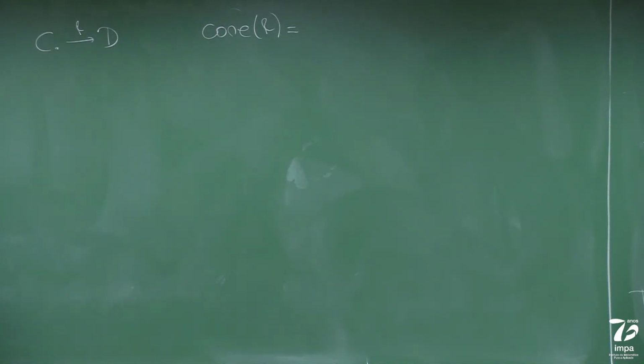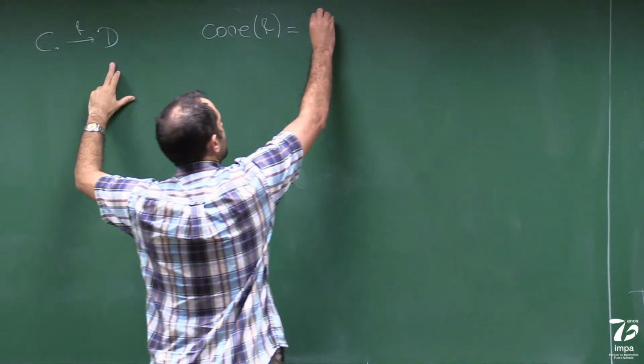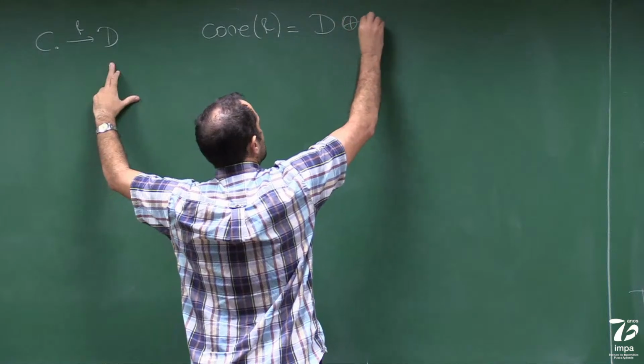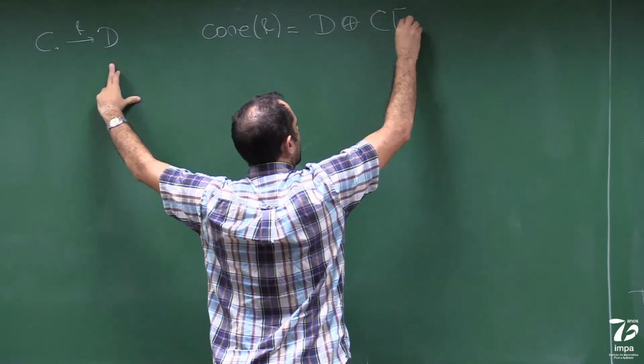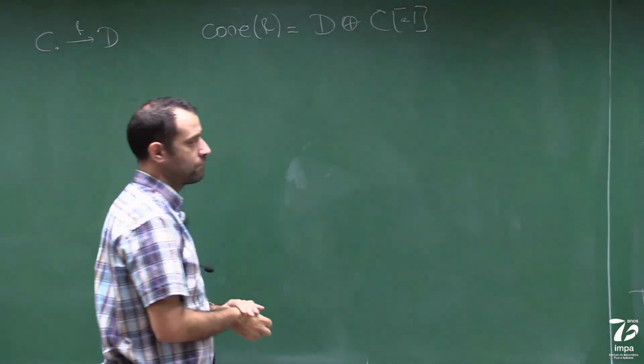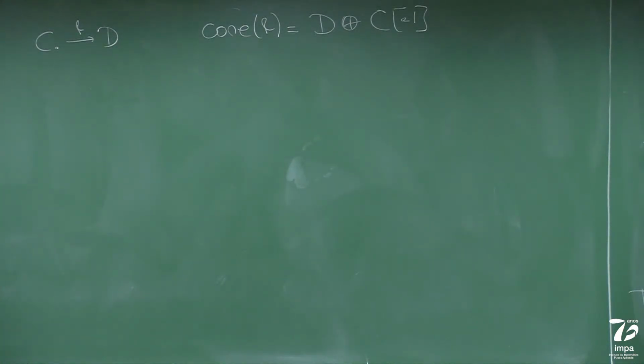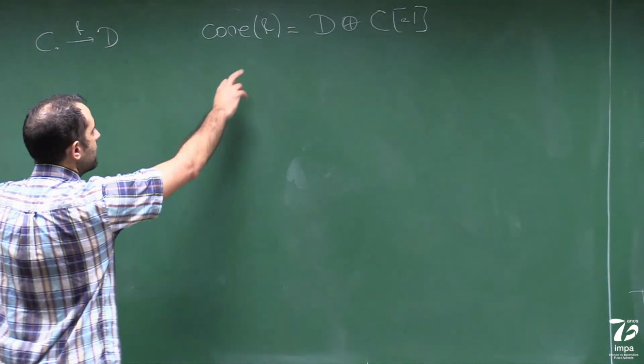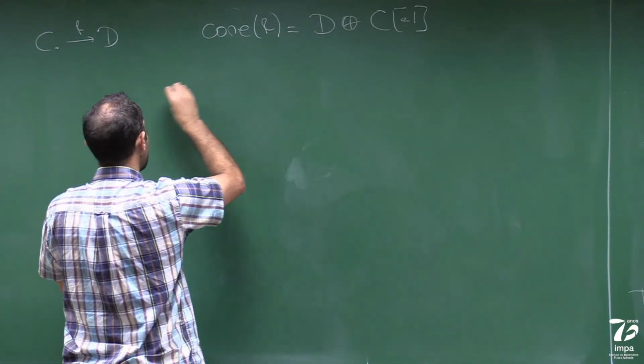I think the way I'm doing this, I'm putting this guy in degree 1 less, and this guy I keep in degree 0. So I took D plus C shifted by minus 1. I think probably I'm shifting in the wrong direction here. Just dyslexic here. But anyway, the point is that this thing has, in degree n,